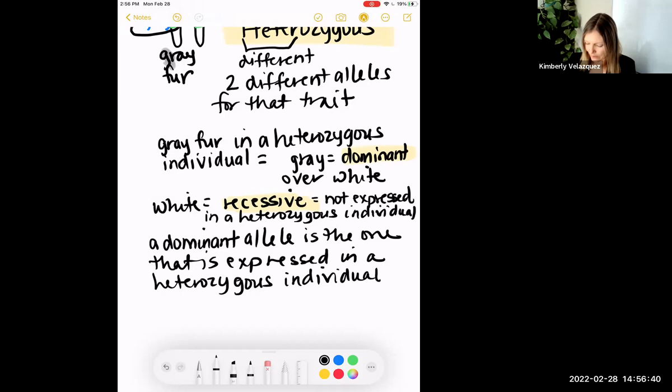So now that we've established that in this example, gray is the dominant allele and white is the recessive allele,